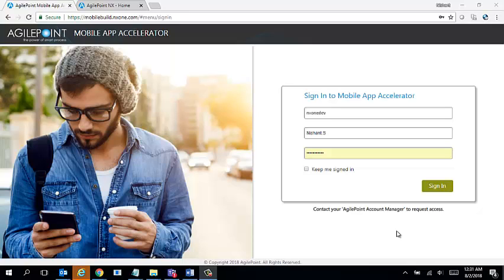Some of the key features of the mobile app accelerator include creating your own enterprise mobile apps with your own company name in a matter of minutes, customizing your apps with logos, colors, and images to match your company's branding so that the app is instantly recognizable by your company's employees, and significantly simplifying app configuration for employees by pre-configuring the app with your org-wide settings. For example, the users of the app do not have to remember things like what is the AgilePoint server URL or what authentication to use.